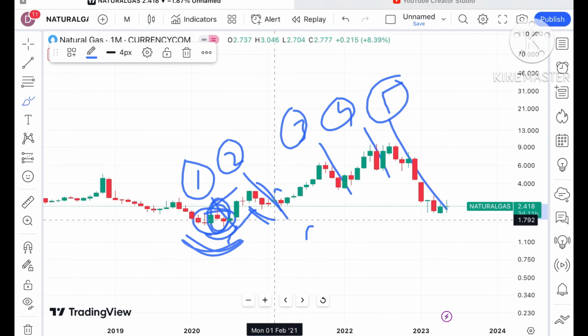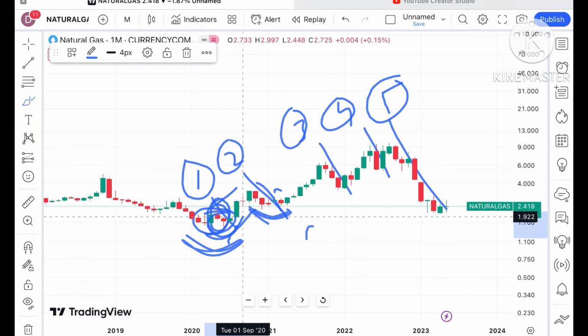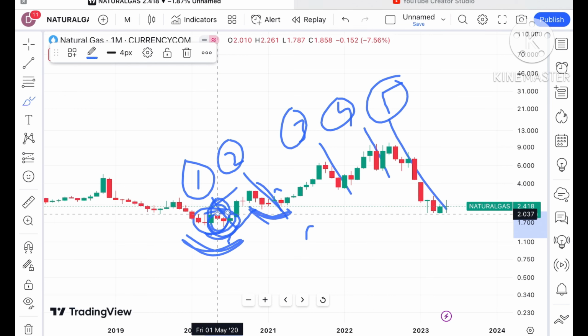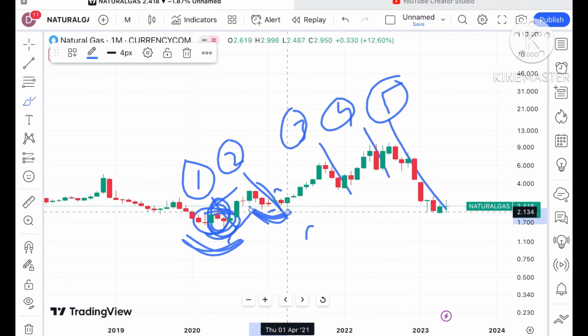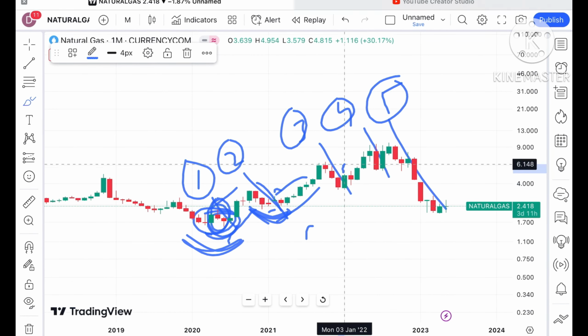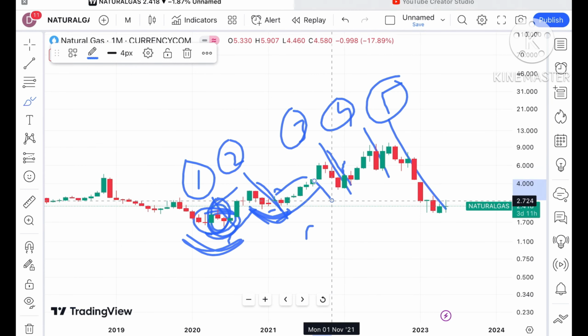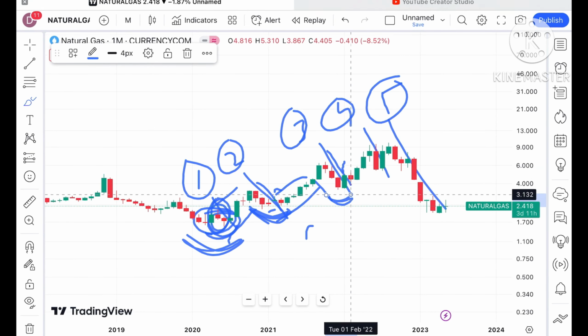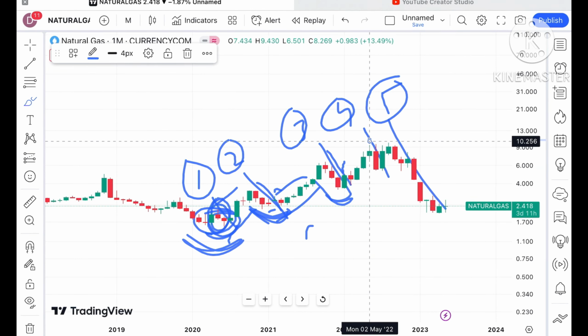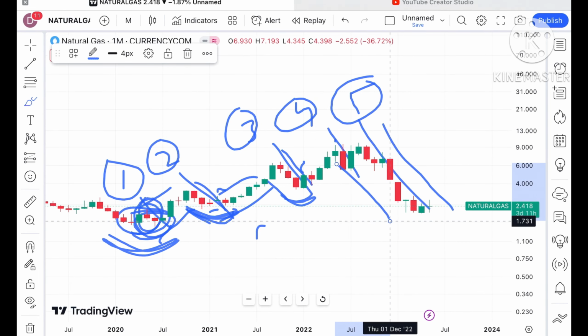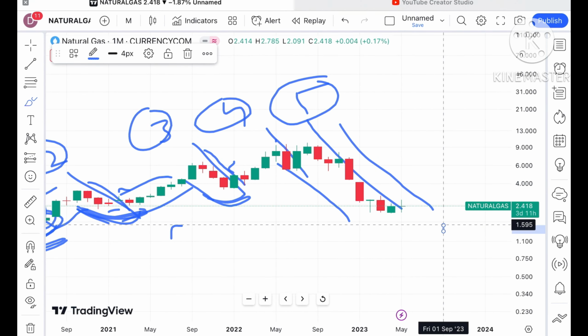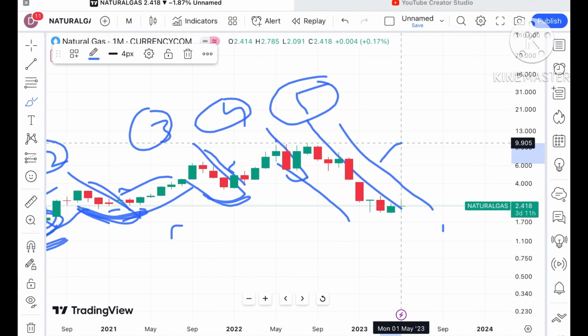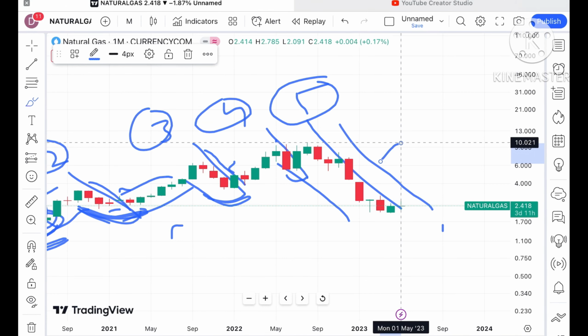This sharp fall again didn't touch its previous low, but it sustained at a level, formed a swing, moved upside, went for the third high, and again a sharp fall came. This has repeated for the fifth time continuously. After that there is a continuous fall. Now if you look at this chart, for the sixth time it tried to go upside, but it didn't sustain, and from there is a continuous fall. The same pattern we have seen in crude also.